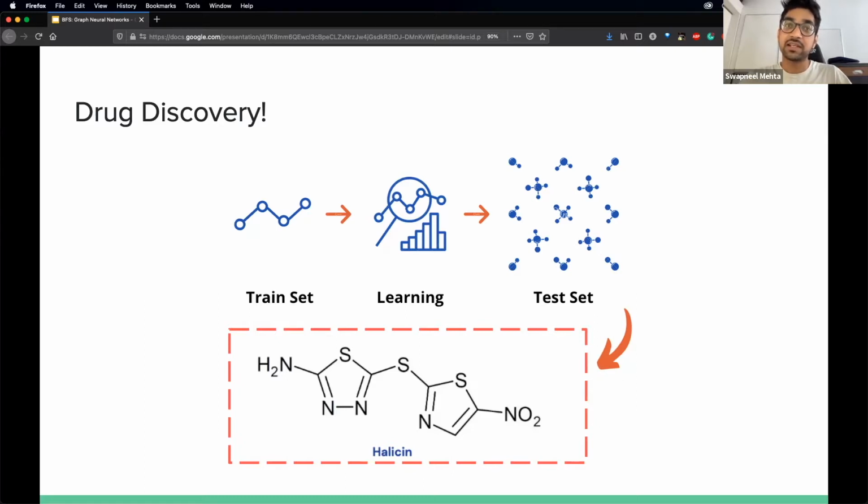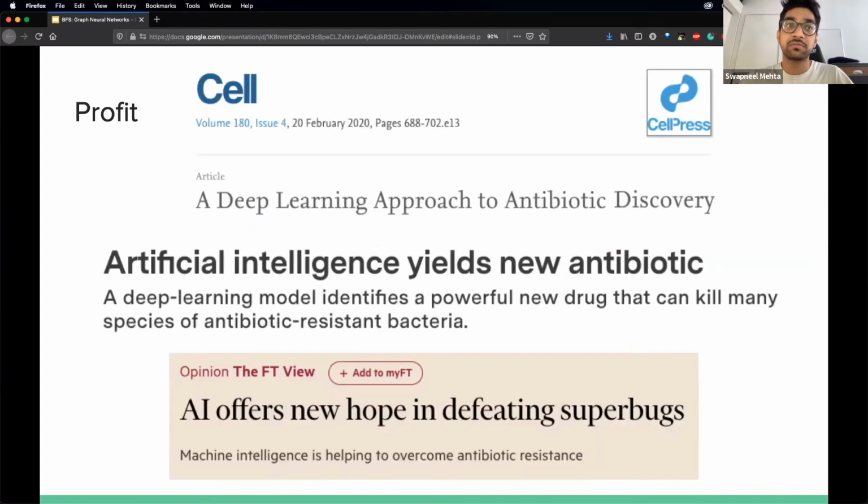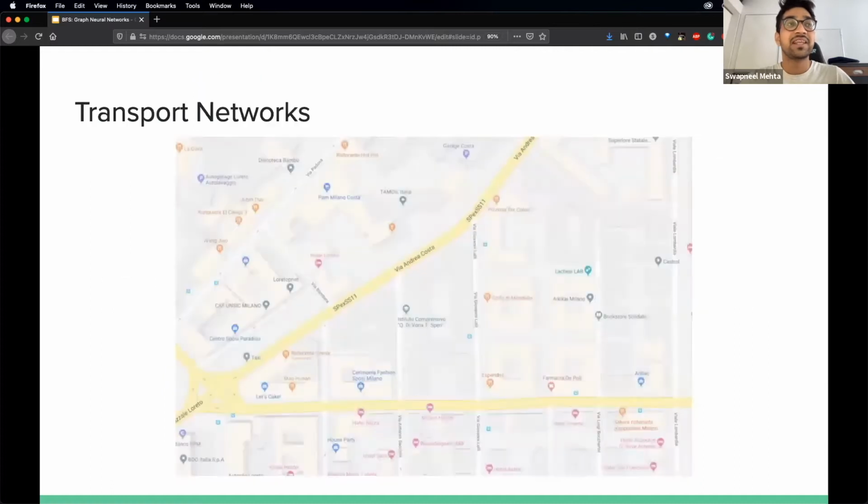So they actually rediscovered this compound in terms of a new use case, which is inhibiting E. coli. And oddly enough, the Financial Times also featured their work. So for me, that was interesting because I didn't think the Financial Times did science and life sciences and machine learning reviews. But anyway, the next question that you want to think of is, what am I talking about